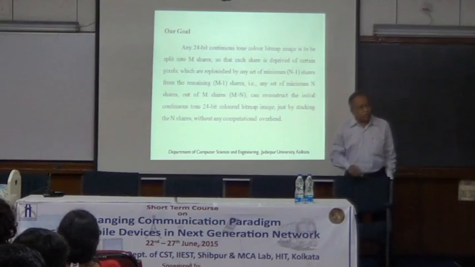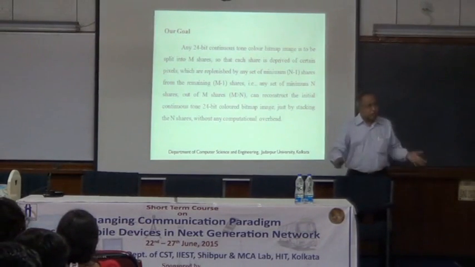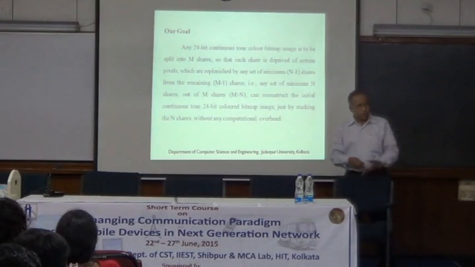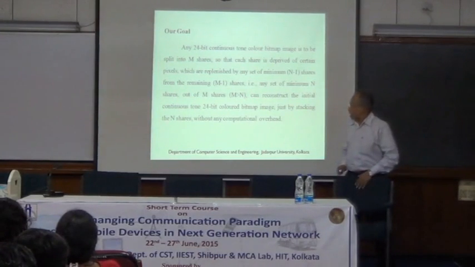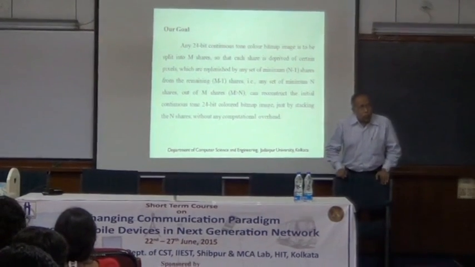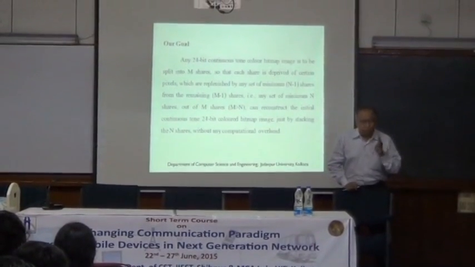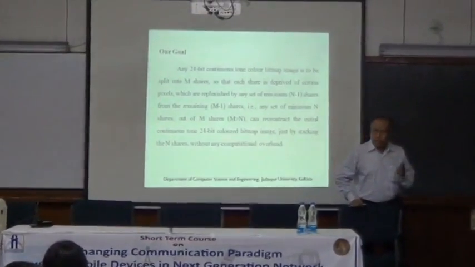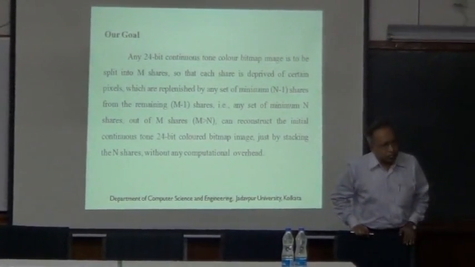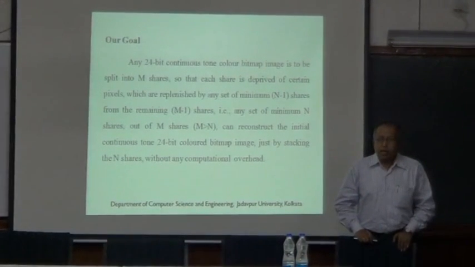Third, why do we need 2 shares? We can do 2 out of 6 or 2 out of 2. We can make any number of shares and we can choose any threshold. 3 out of 6, 4 out of 6, 6 out of 6, anything. And there should not be any expansion in the size of the shares. Most generic challenge. Again, any color, any image, be it black and white, be it gray, be it colored image. So if you take a general colored image, that means it covers all. No expansion in the shares. Any number of shares, any threshold. And on reconstruction, lossless.